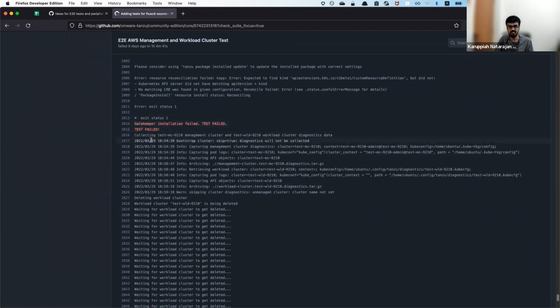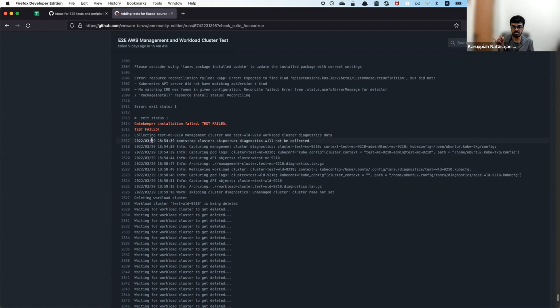Instead, it would be nice if we have some sort of visualization or some sort of metadata to say, hey, these are the 5 steps that were run. Like run management cluster, run workload cluster, install package, verify package. Actually: run management cluster, verify management cluster is running, run workload cluster, verify workload cluster is running, and then add package repository, the TCE package repository,